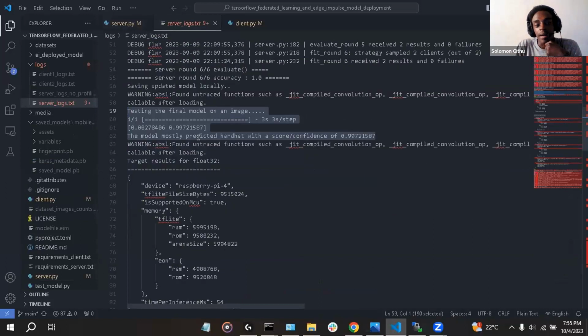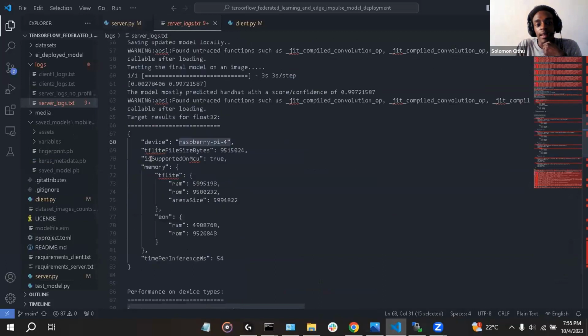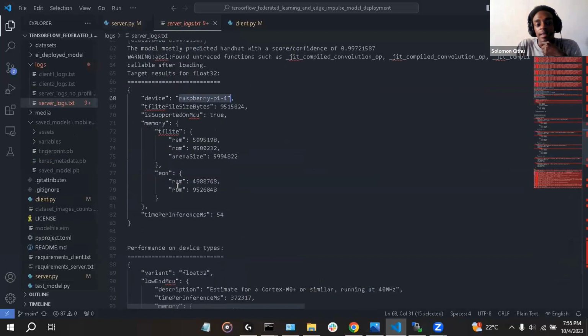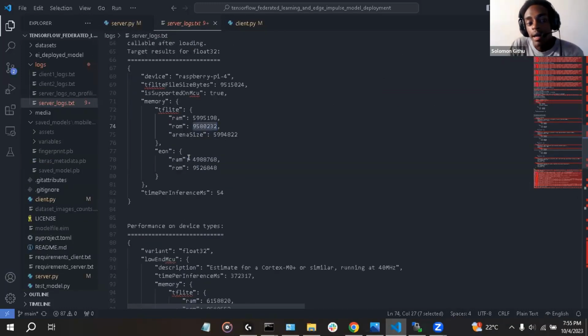So in this case, we profiled the model for the Raspberry Pi 4. And here we can see the performance of the model. The time per inference of this model is just 54 milliseconds, which is actually quite impressive. You can also see the RAM and also the ROM or flash consumption of this model.